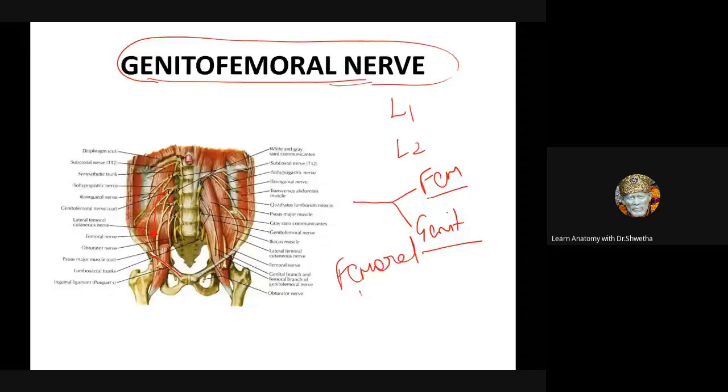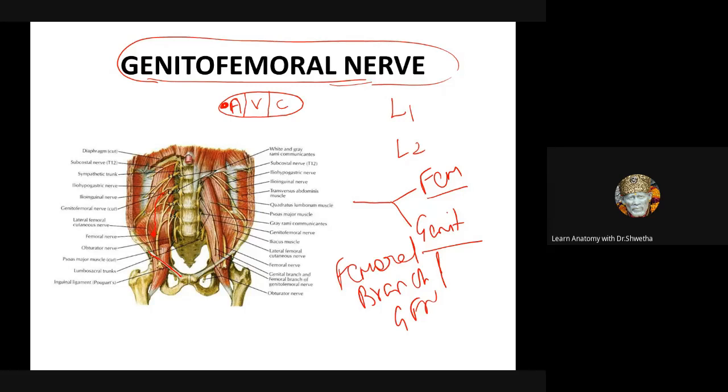Femoral branch of genitofemoral nerve. Femoral triangle. Excellent. So the femoral component, we saw it in the femoral triangle, right? You remember the femoral sheath was divided into three components: femoral canal with the lymph node of Cloquet, then the femoral vein, then the femoral artery. Along with the femoral artery, what did you have here? The femoral component of the genitofemoral nerve, right? So that is about the femoral component.